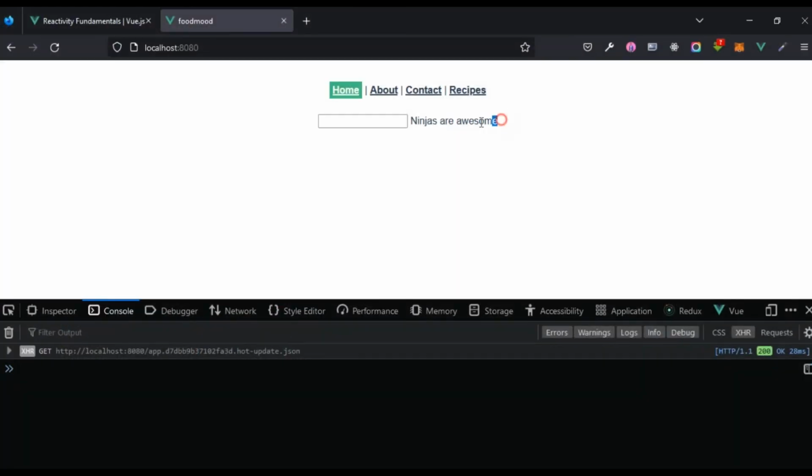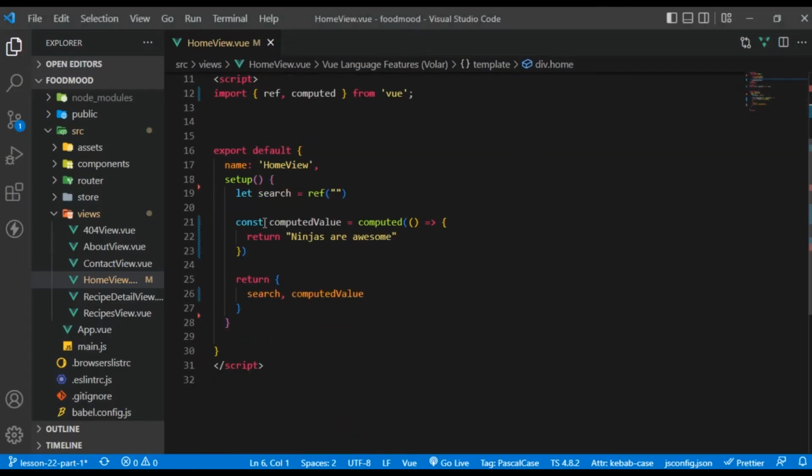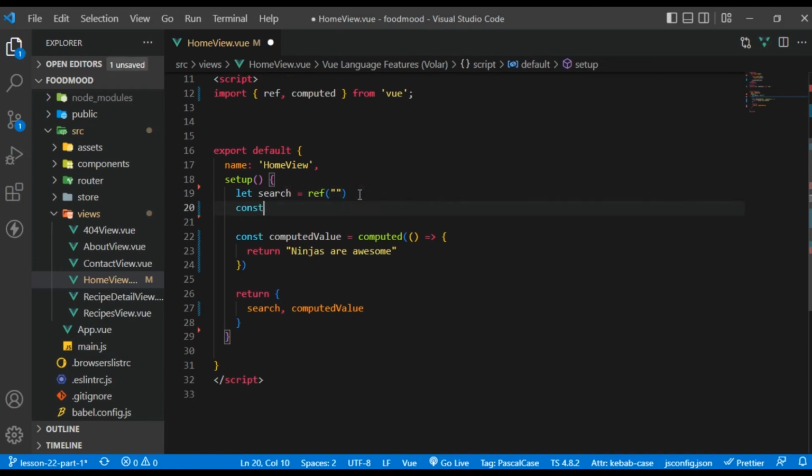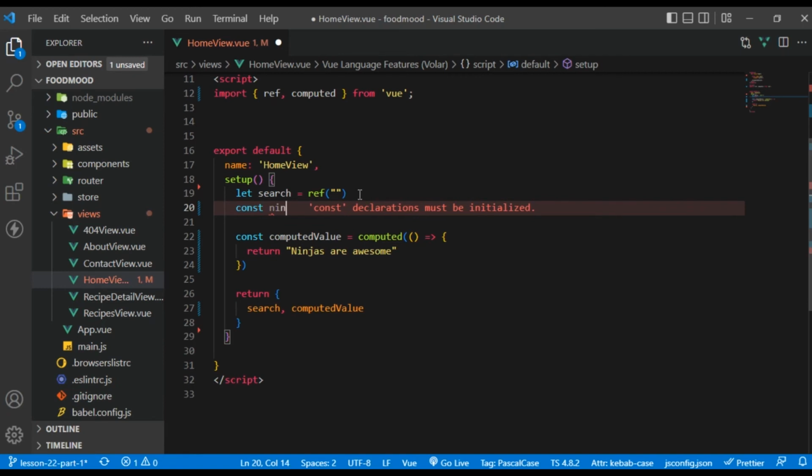All right, we can see it right here. Computed properties, it returns "ninjas are awesome." So let's quickly do something. Let's have a kind of list. So I'm going to come right here and create a const, and I'll call it ninjas, or let me just use Konoha ninjas, and that's going to be equal to ref, and we're going to have